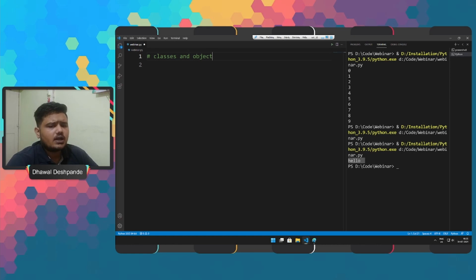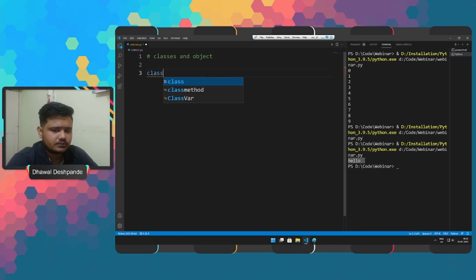When we are creating a class, we use the keyword class, then we provide the class name, then a colon, and here let's say we are just assigning a variable.